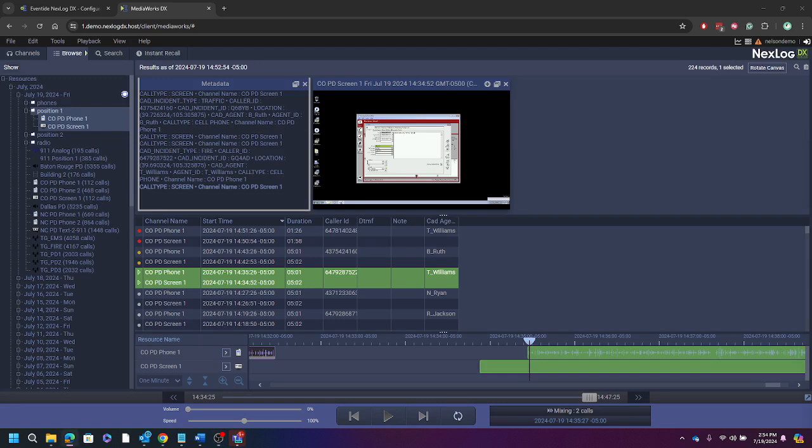Hello! This video is on the viewing options within MediaWorks for the Eventide Nextlog DX model recorder running software version